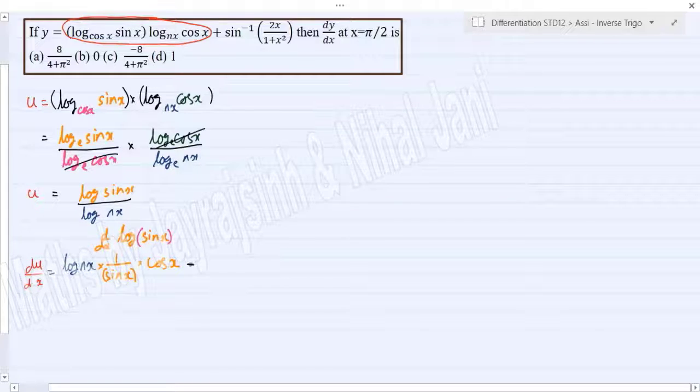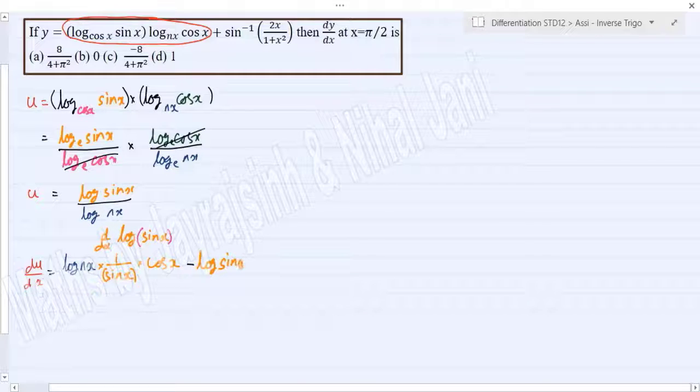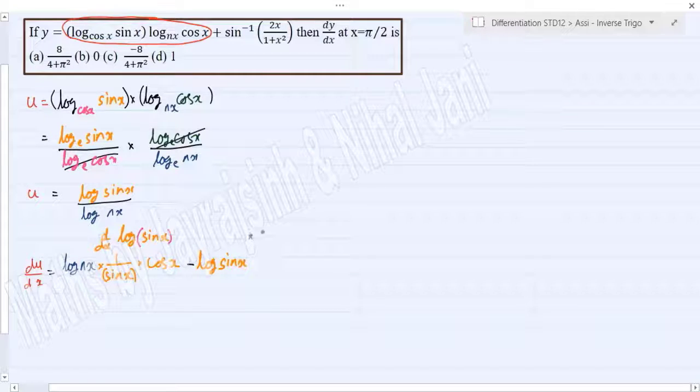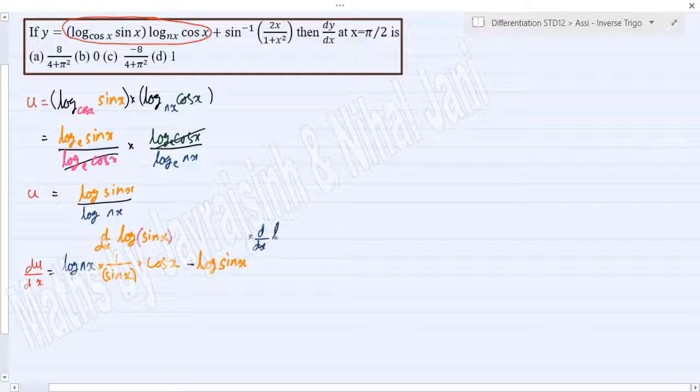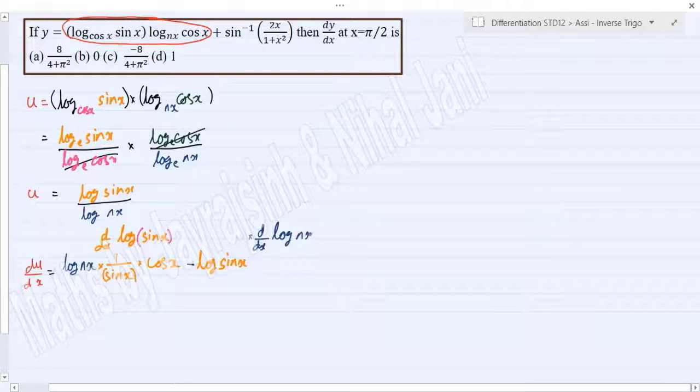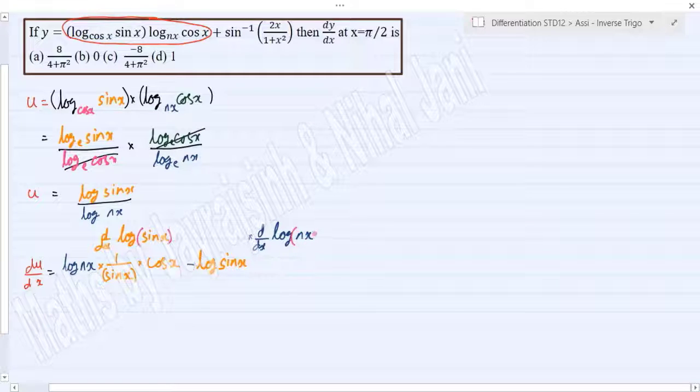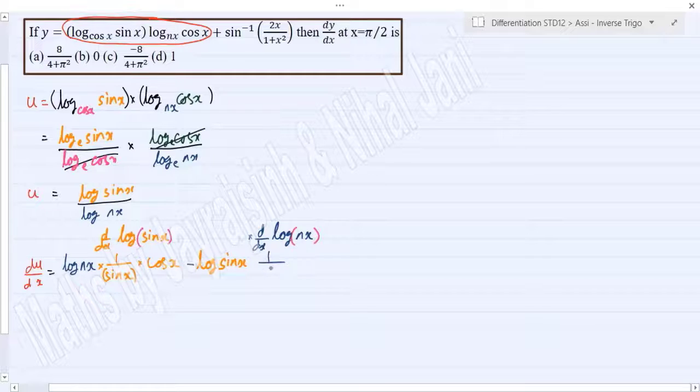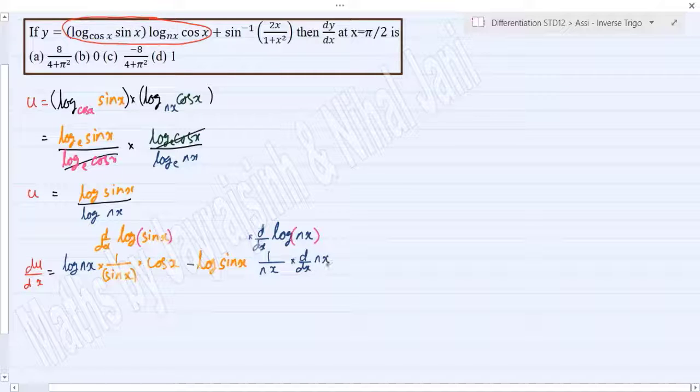minus, in second term, your log sin x will be as it is. We just have to multiply differentiation of log nx. And to differentiate it, you have to consider the box around nx. So differentiation of box is simply 1 upon nx into differentiation of your nx, or we can say it will be n upon log nx